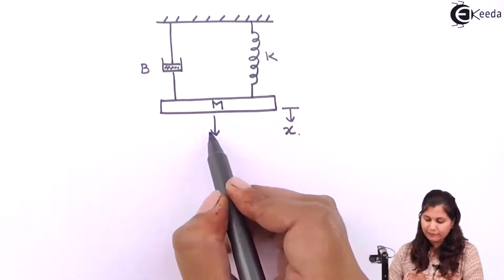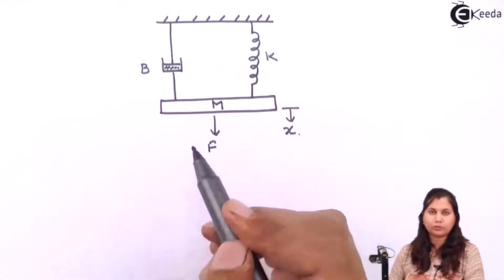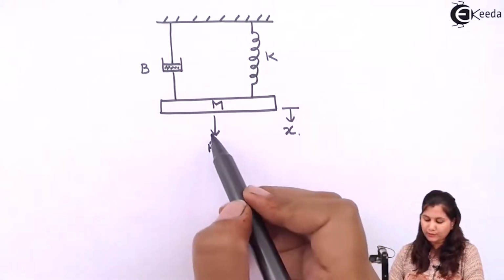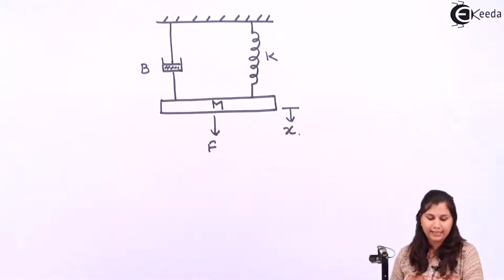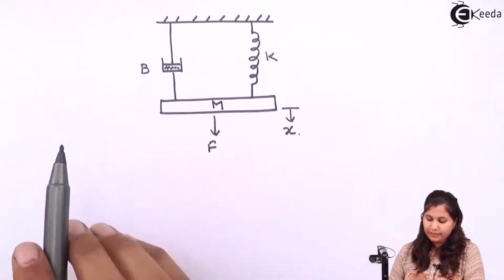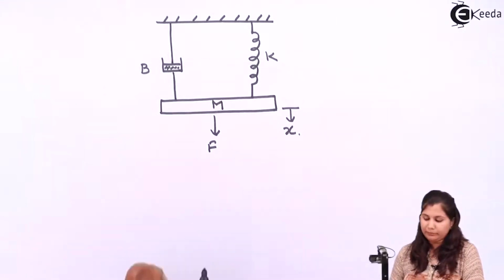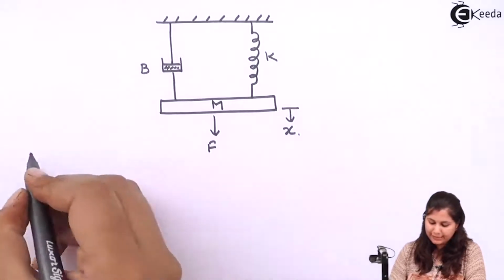A force F is applied on this system in the downward direction, and due to this force the displacement caused is denoted as x. So how can we find the mathematical model of this mechanical translational system? First we will study a principle which is known as D